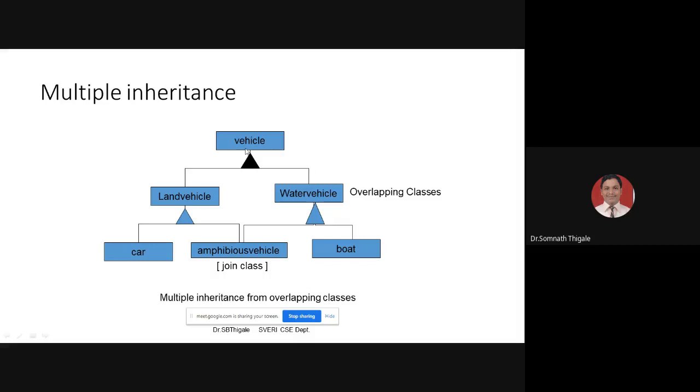See, when I say vehicle, there may be different types of vehicles. So, see, this is